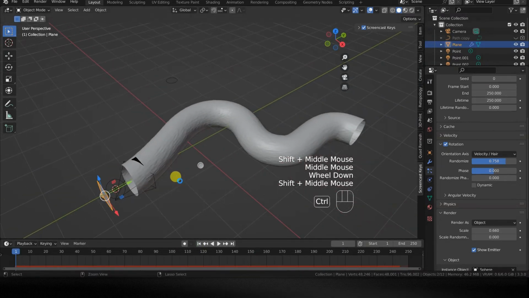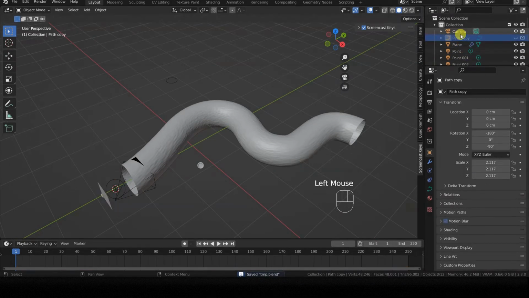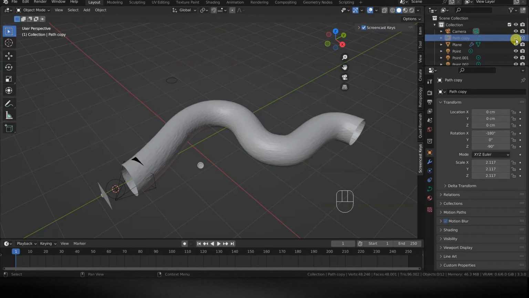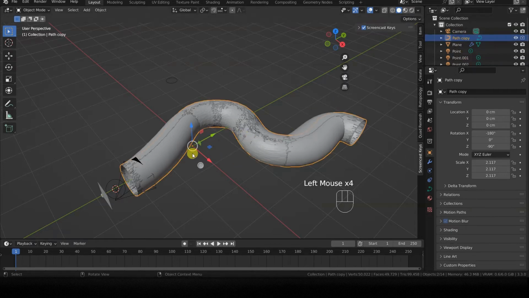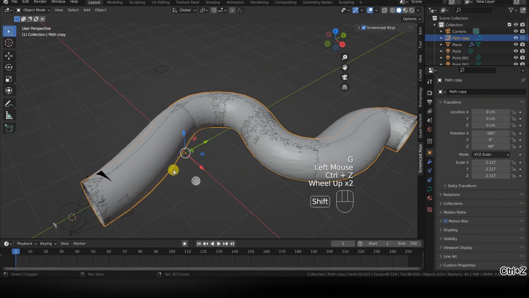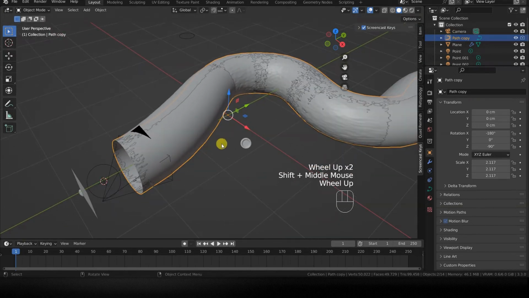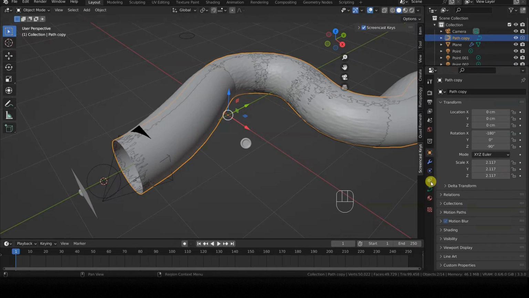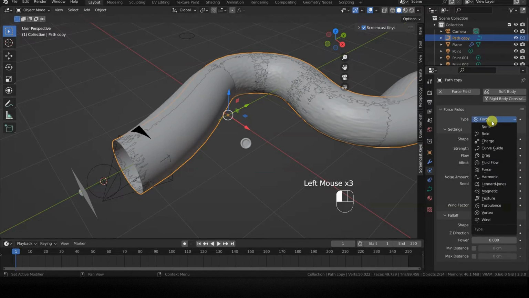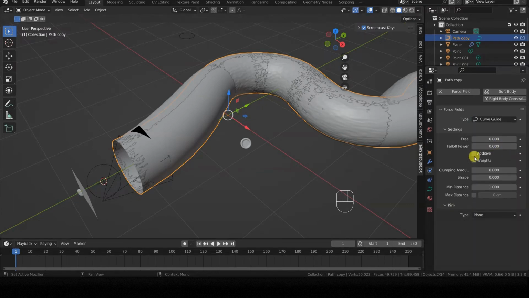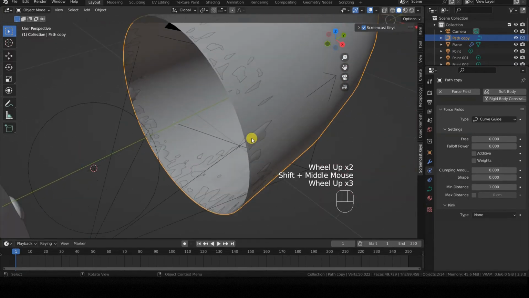The last issue to solve is moving the particles along the blood vessel. Do you remember the copy of the blood vessel, called path copy, of the Bezier circle type, hidden and superimposed on the blood vessel, which has been transformed into a mesh? Well, it's time to use it as a path for the particles. Select Path Copy, open the Physics tab in the Properties editor, and add a force field. Change the force field type from Force to Curve Guide.